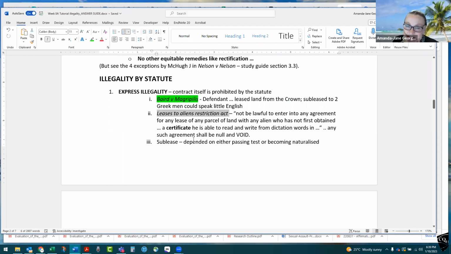You'd never get away with that nowadays. The Leases to Aliens Restriction Act said it's not going to be lawful to enter into any agreement for any lease of any parcel of land with any alien who has not first obtained a certificate that they're able to read and write from dictation words. Any agreement shall be null and void. So there you have